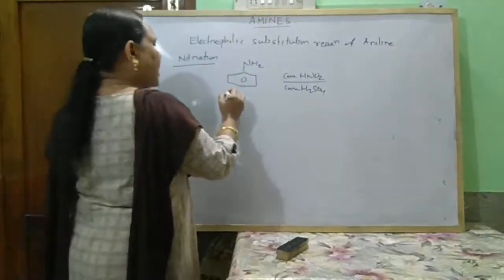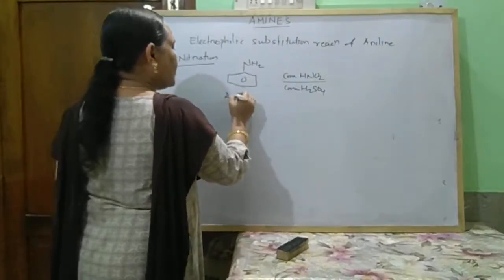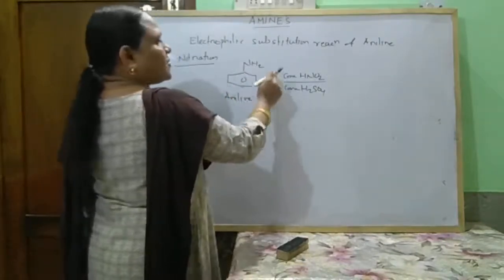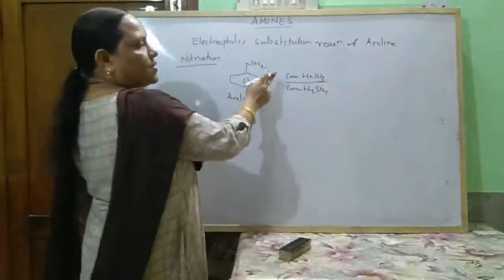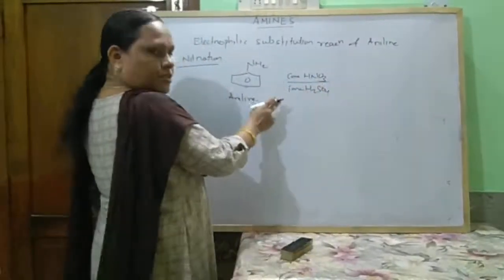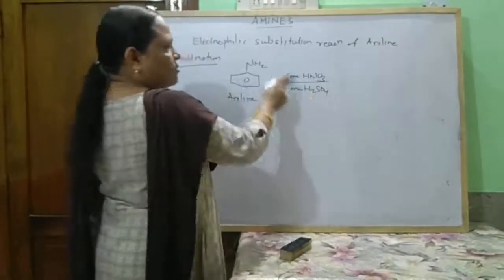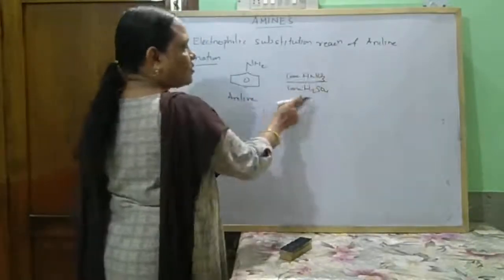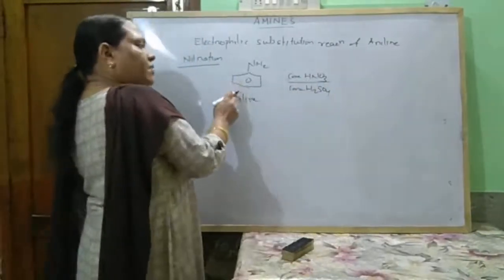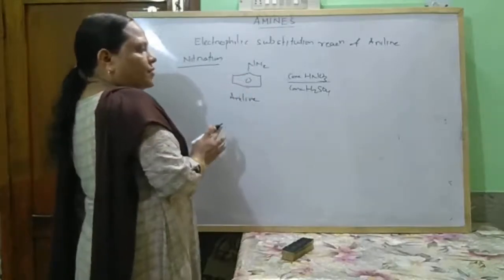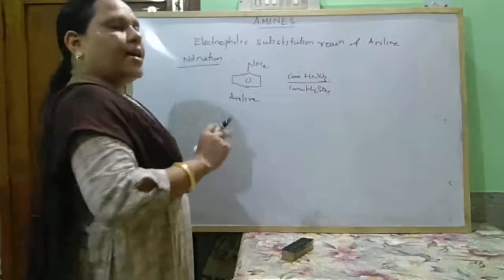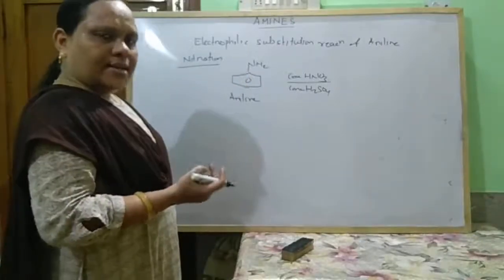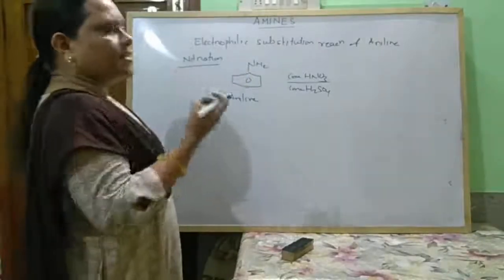So in this way, aniline when treated with the mixture of concentrated nitric acid and concentrated sulfuric acid forms a mixture of meta-nitroaniline and para-nitroaniline and a smaller amount of